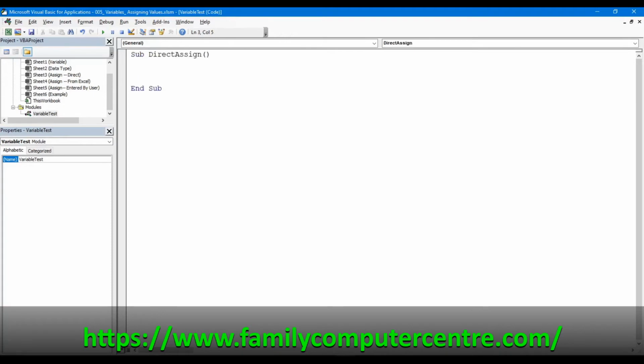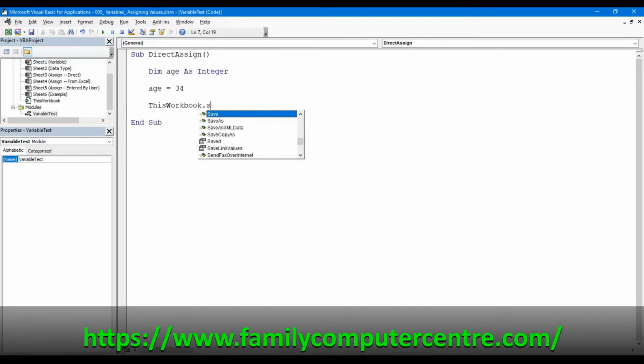In this case, I'm declaring Dim age As Integer, and I'm saying age is equal to 34, and then ThisWorkbook.Sheets("example").Range("B2")